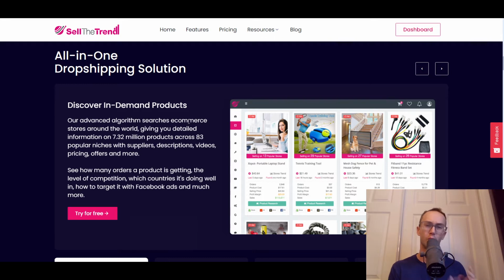We're going to be digging into more of the details in a little bit here, but basically, as you can see here with their algorithm, they scan various different products across providers like AliExpress, and they allow you to find typical order volumes, the type of things that you might have to typically dig through AliExpress to sort through, the order volumes and all those order metrics. Instead, Sell the Trend presents that data to you in a much easier and more efficient way than having to dig through all the filters on AliExpress. It's definitely possible on there, but